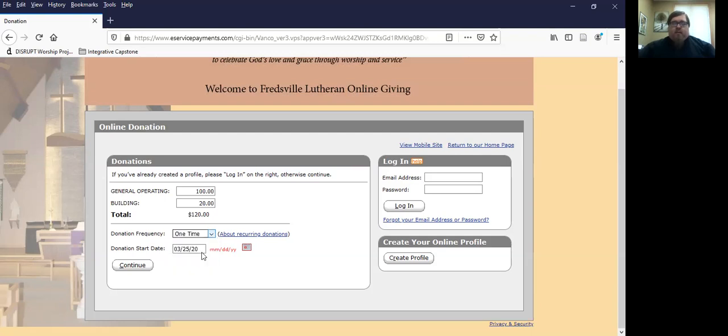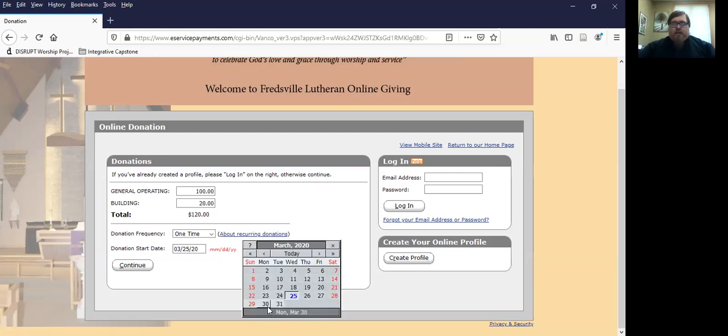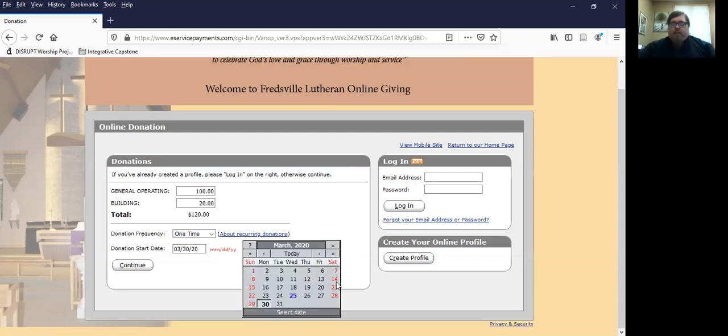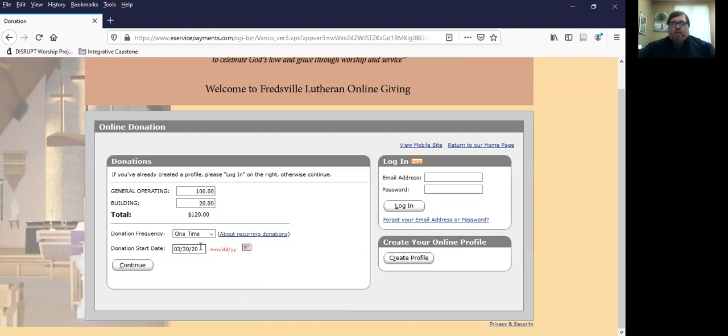Let's say this is a one-time gift for me, and I don't get paid till Friday, so let's change the date to Monday, March 30th. You can either use the calendar here by clicking on it, which brings up this calendar, or you can change the date here. And this is when you want your donation to be taken from your bank account or starting the process. You hit continue,